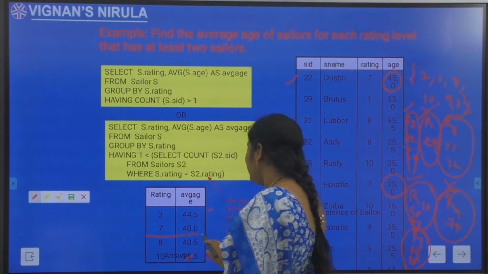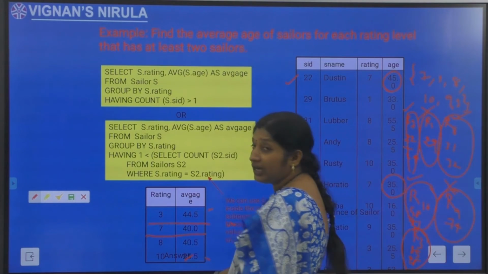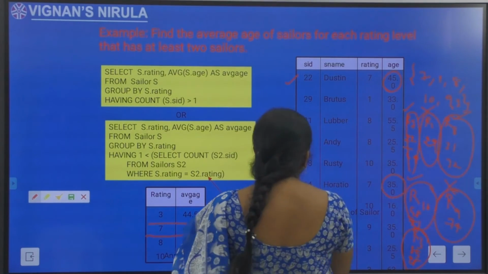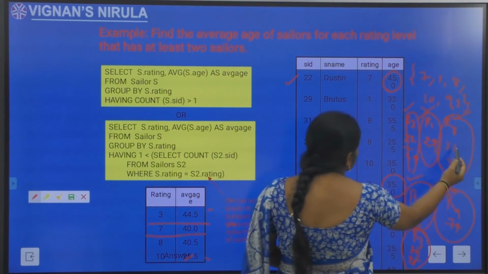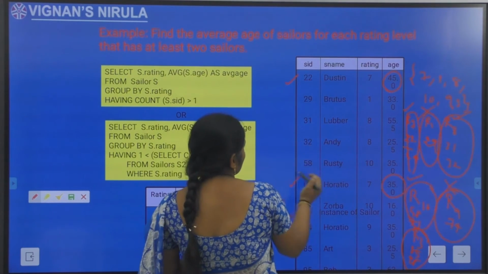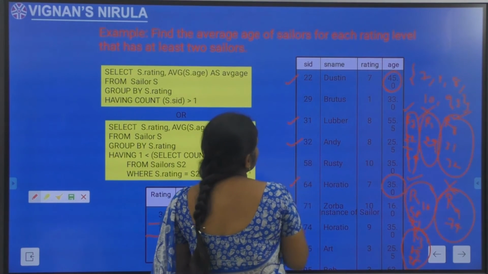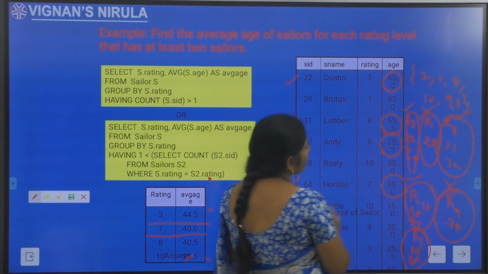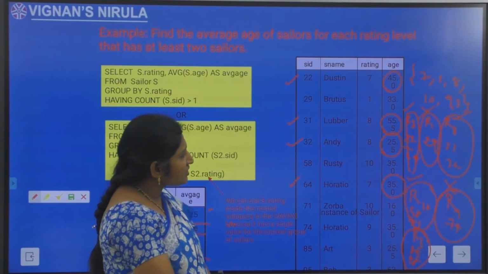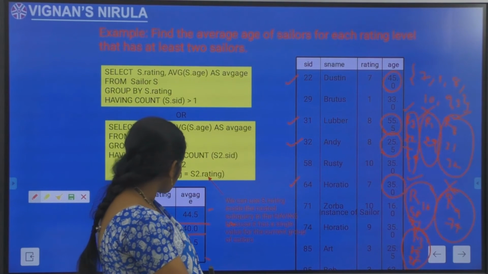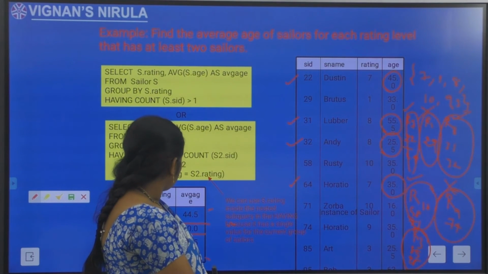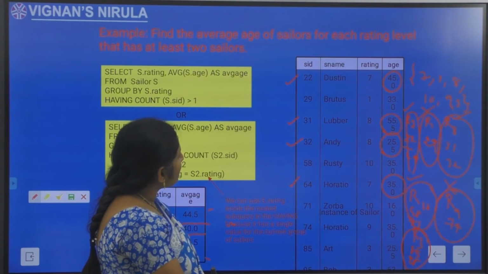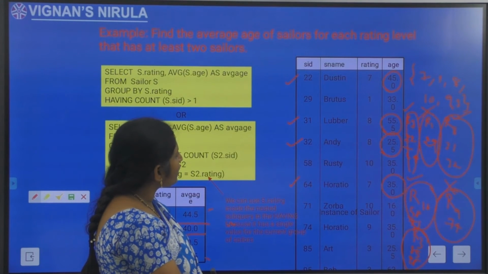For the next rating, R8, sailors 31 and 32. What are the ages? 55.5 and 25.5. What is the average? That is also 40, like 80 divided by 2.